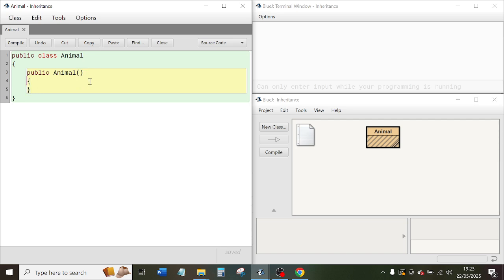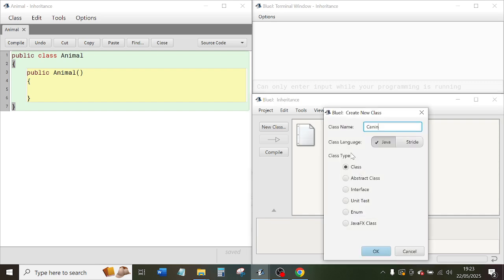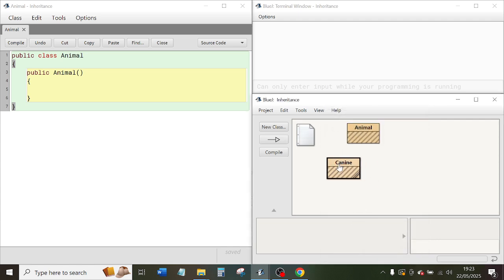Okay, there we go. Right, so we need to think what classes we might create that are types of animal, because inheritance is all about subclasses and superclasses. A possible subclass of animal would be canine, because that's a specific type of animal. So let's create a canine class,